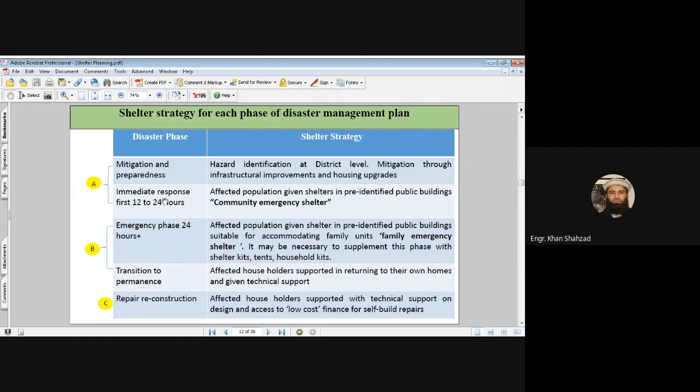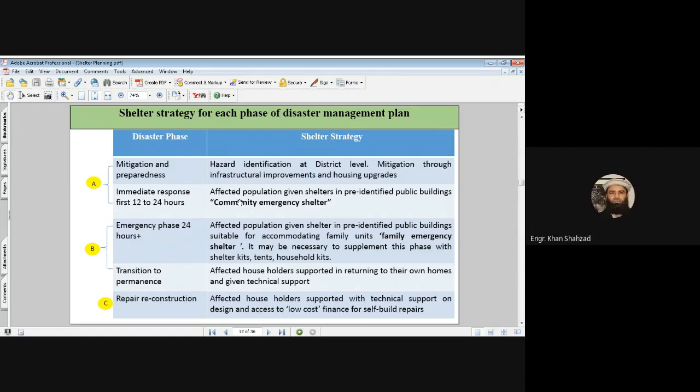The next phase is the immediate response, first 12 to 24 hours. This is which phase, Tayyib? ये कौन सा phase है? सर ये डिजास्टर फेज में, मुझे क्लियर नहीं हो रहा सर, आप किस कॉन्टेक्स्ट में पूछ रहे हैं, सर कौन सा फेज है? बेटा, we are talking about the phase, the stage of the disaster. सर ये डिजास्टर फेज है, उसमें इमीडिएट रिस्पांस मतलब पोस्ट डिजास्टर, 12 से 24 घंटे के अंदर इमीडिएट रिस्पांस। 12 से 24 घंटे के दौरान आपने क्या करना है? यस सर इमीडिएट रिस्पांस है सर। Yeah, good.